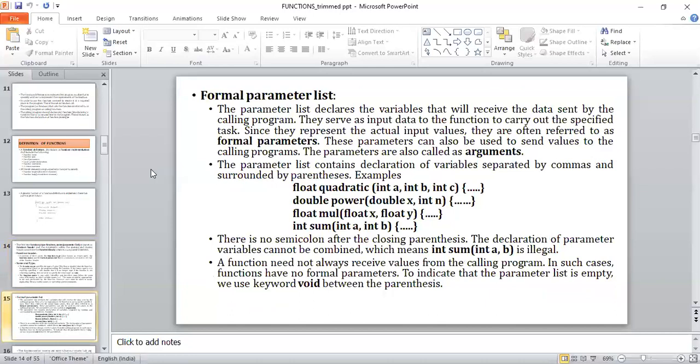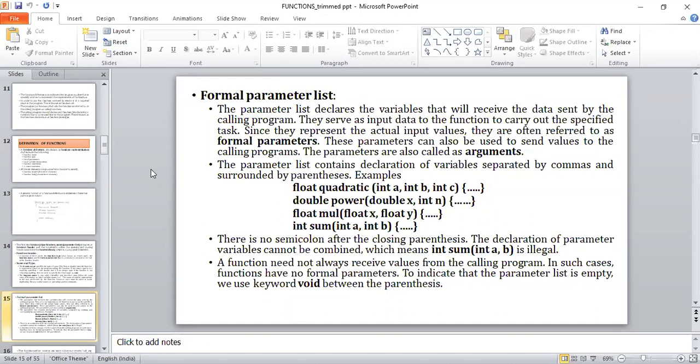Then we have the parameter list. Basically those parameters are called formal parameters. What are formal parameters and actual parameters? Once I take up the programming session, I'll explain. Up to this much, please understand the parameter list is nothing but the arguments we give to the function for its smooth execution. Understand? So these are some of the valid examples that can constitute the function header.